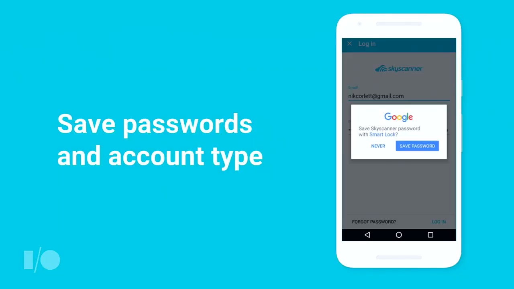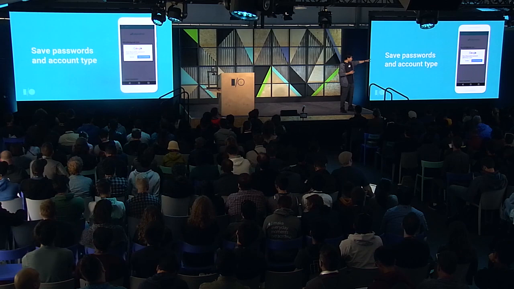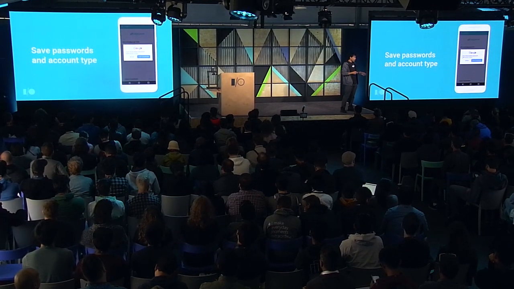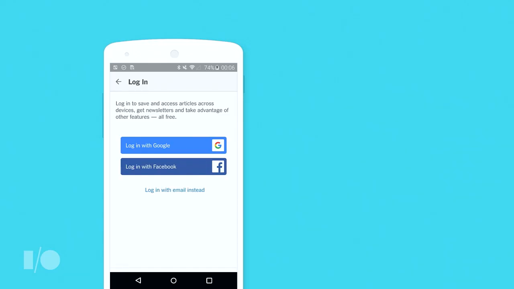So that's the automatic sign-in functionality, but to get there, we should take a closer look at how this information is saved. And I'll show an example here in a second that I really want to call out, and that's saving non-password information. But first, looking at an app like Skyscanner, the traditional flow is you enter the password, you get this save dialog. In fact, over the last year, we've seen across all the apps that implement this a 65% save rate. About 2 in 3 users will opt in to save this information, and those users can then be automatically signed in.